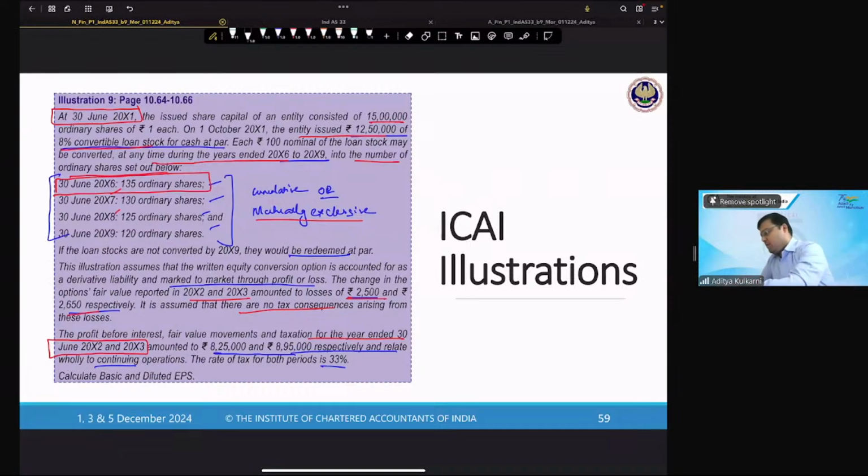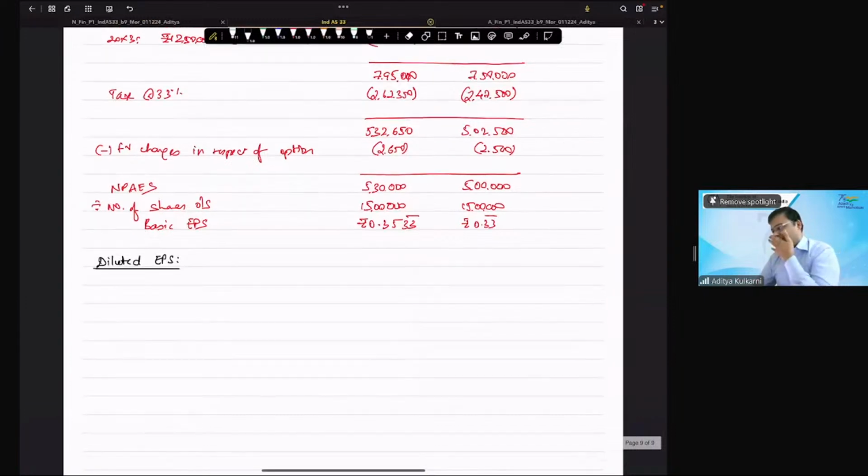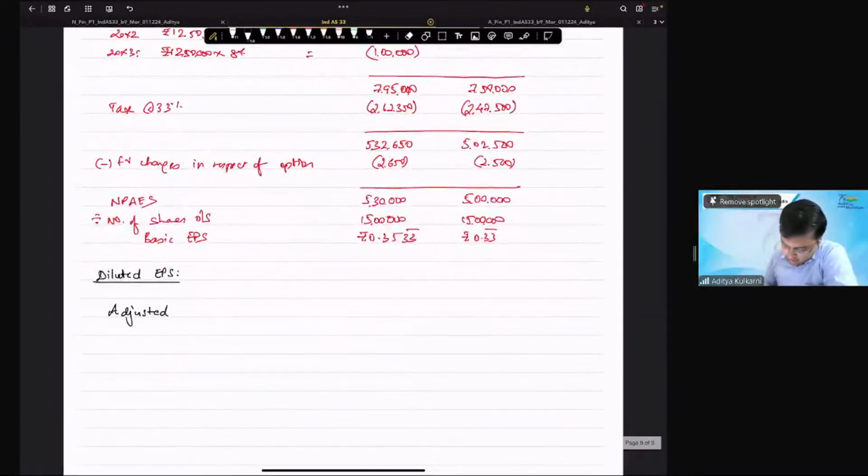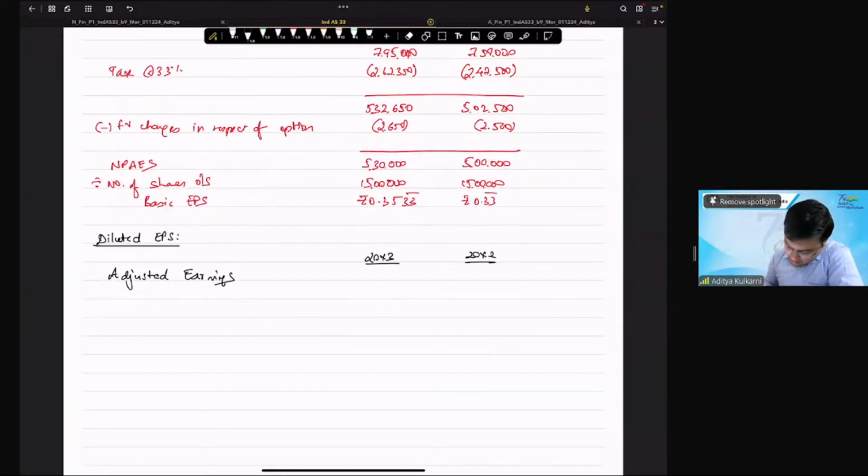Okay, so now let us start. Let us start with adjusted earnings. We start off with